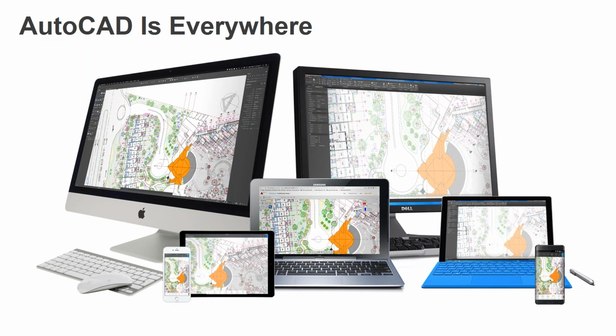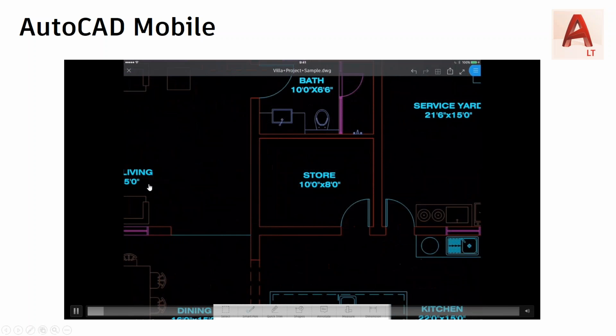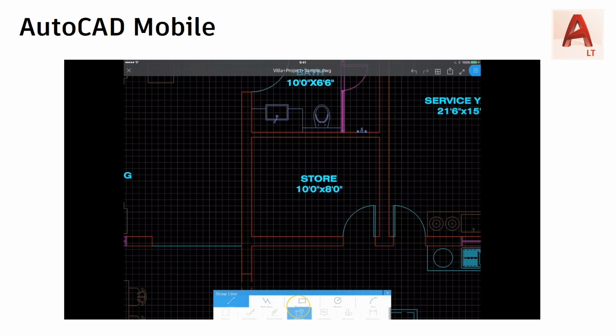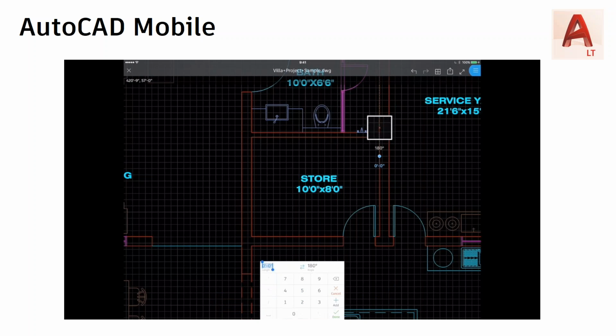So we thought about doing a video demo of this where you actually can see me using the iPad, but technically that was a bridge too far, so we decided to just embed a video. So here's a video of our AutoCAD mobile app in action. Here you can see we've opened a DWG on the iPad. If you want to draft, you can. Again, most people don't. You can do little markups and measurements and dimensioning,